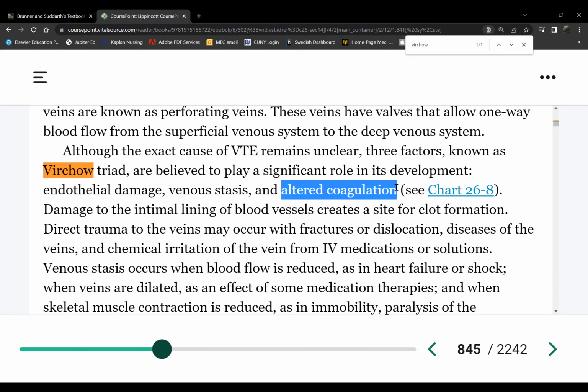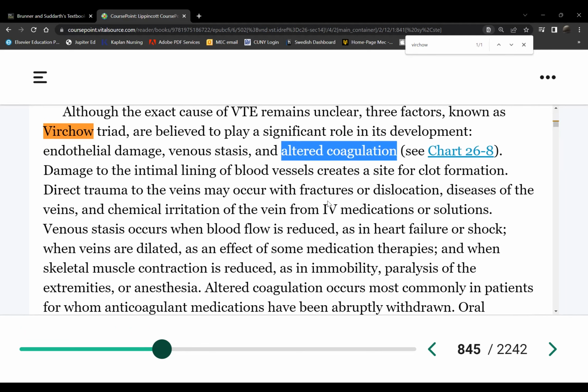Others are, let's say you're smoking, okay? Or let's say you take oral contraceptive pills, okay? Those form blood clots as well because they alter coagulation. Other conditions are, let's say you have a blood disorder. Okay? Usually, again, brings us back to cancer. So these are the conditions that lead to clot formation.